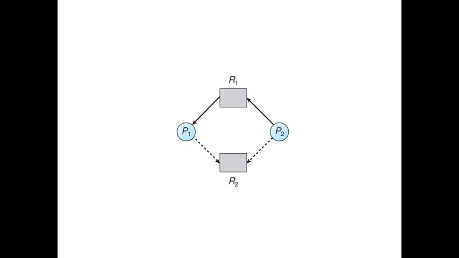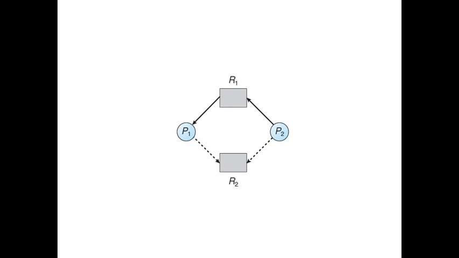So whenever a request is made by a process for a resource, the dashed line has to be converted into an actual line, and if that actual line is likely to form a cycle, then we should not let it happen. We must decline the resource request to the process, and it has to make the request in